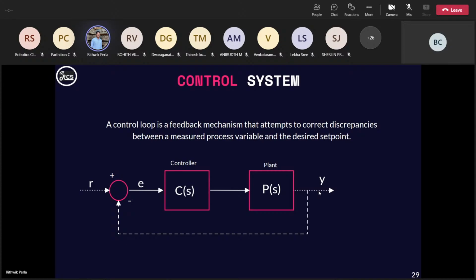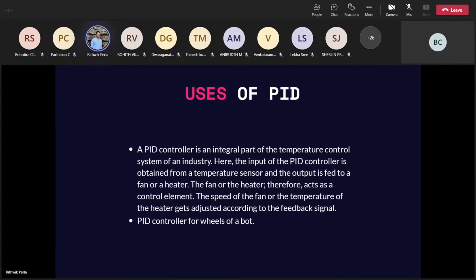Yeah, fine. So same thing. In our day-to-day life, PID is mostly used in industries. The first example is temperature control in the industries, like in furnaces, water heaters, all this. This is all automated, so no one is going to handle this or maintain the temperature of the content inside the tank. To make this automated, we use a PID controller in place of a control unit and try to maintain the temperature constant inside the tank.